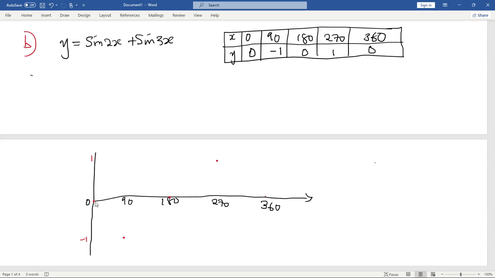So meaning that our graph here is going to look like this here. Okay, so this is the graph of the function y equal to sine 2x plus sine 3x, like this here. Okay, let's look at I think one more question on